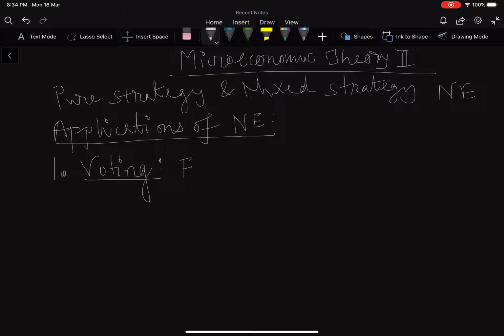So think about elections as a strategic context. How it is a strategic context, you can think about in different ways. One way to think about it is that,